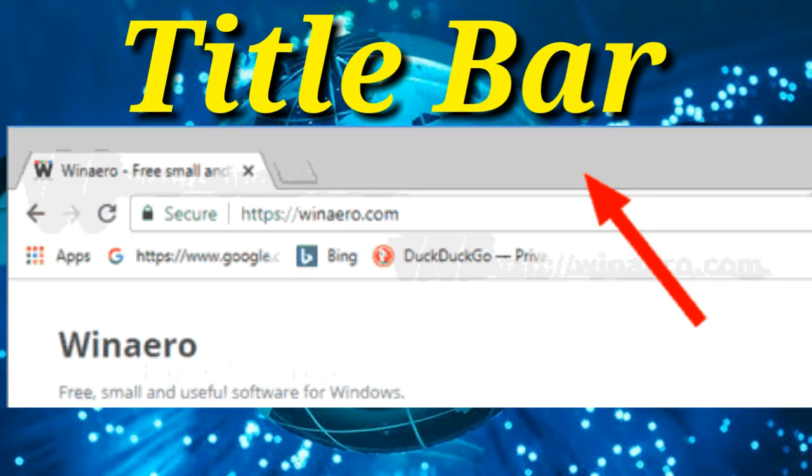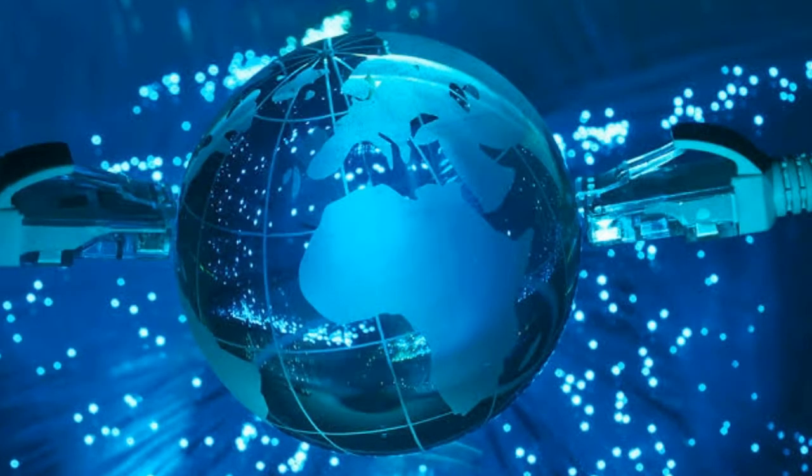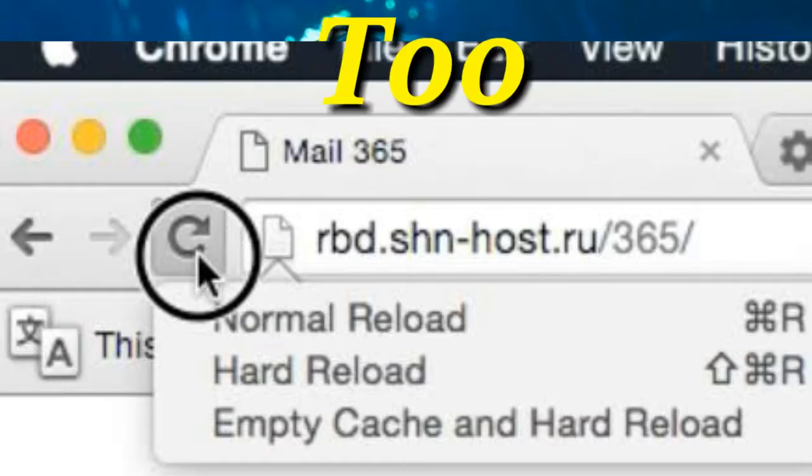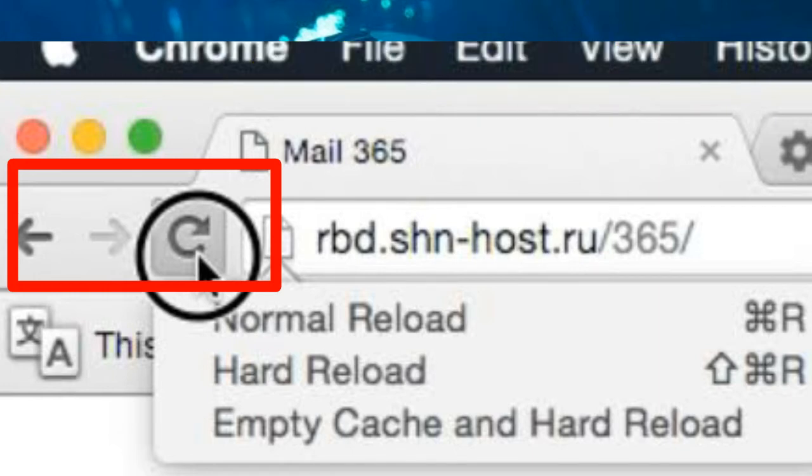It tells the title of your web page, whatever title the website's creator has given it. Tool bar, it is located at the top, where you will find the back button, home button and refresh button.